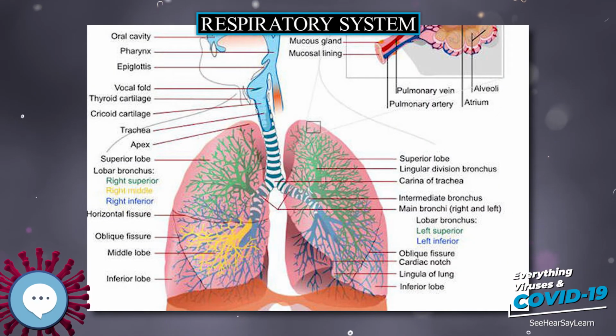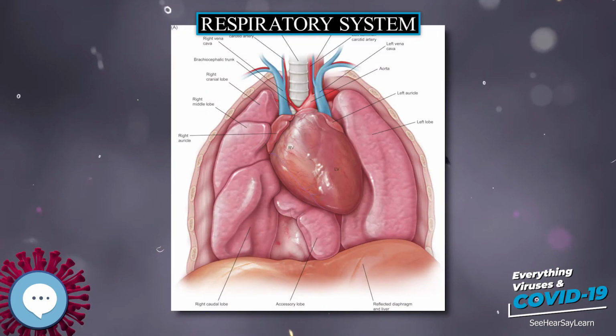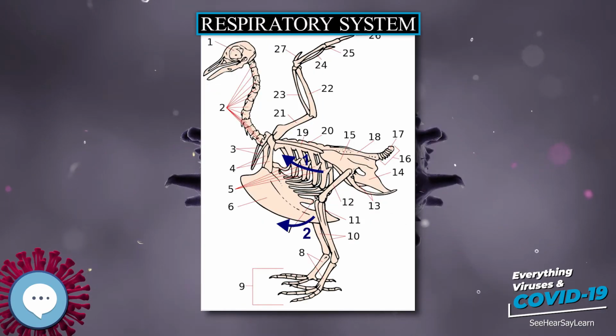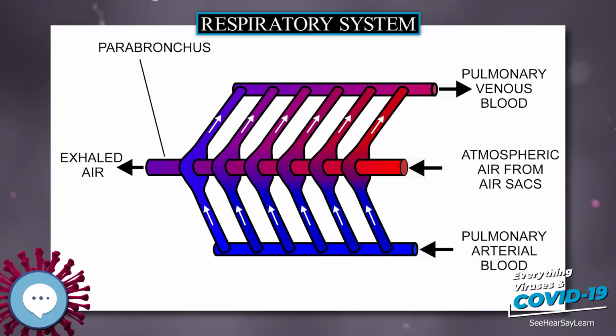Respiratory system. The respiratory system, also respiratory apparatus or ventilatory system, is a biological system consisting of specific organs and structures used for gas exchange in animals and plants. The anatomy and physiology that make this happen vary greatly, depending on the size of the organism, the environment in which it lives and its evolutionary history.